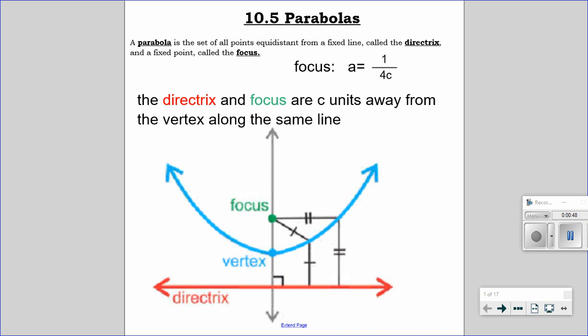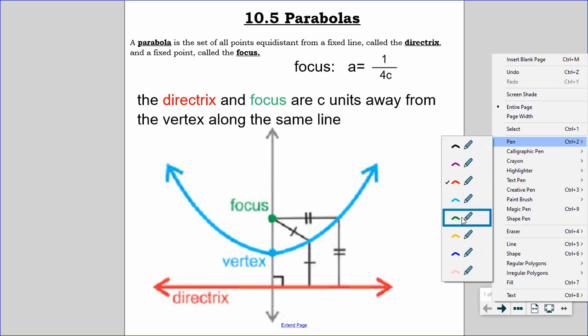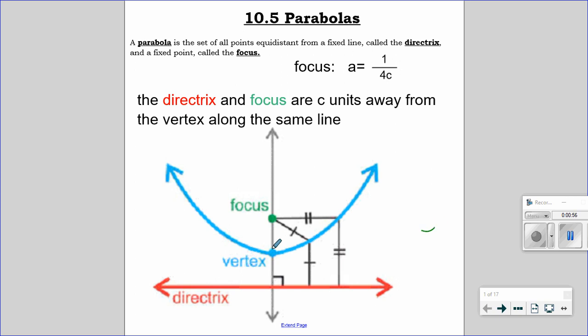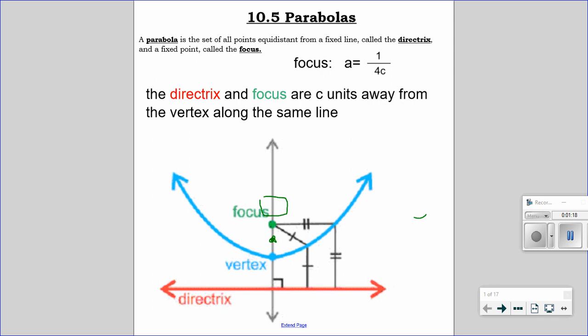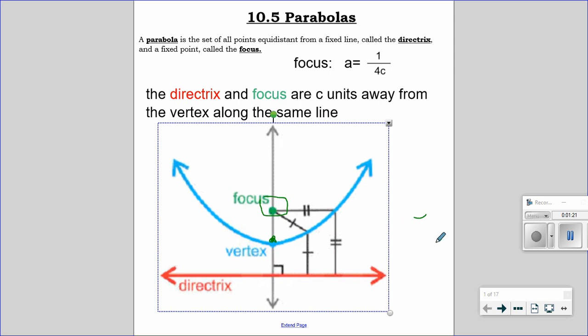Okay, our h, k is our vertex, right? So now there's something else called our focus and our directrix, which is a line. So the focus and directrix are equidistant, the same distance away from the vertex. So the distance between the focus and vertex and the distance between the vertex and the directrix is c units